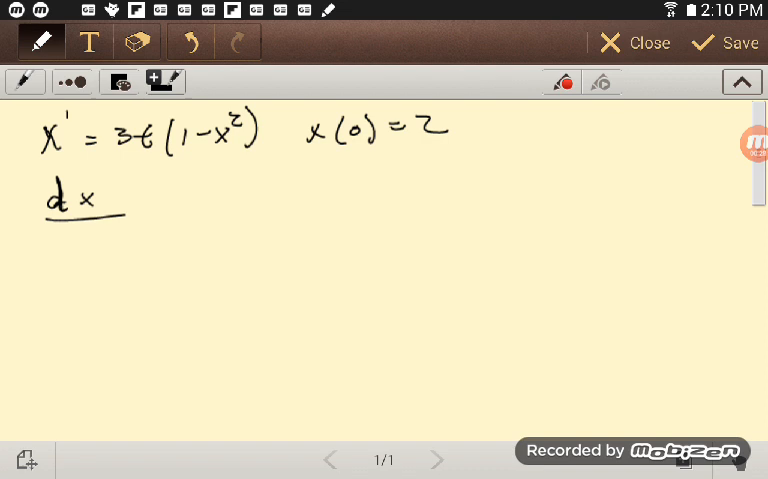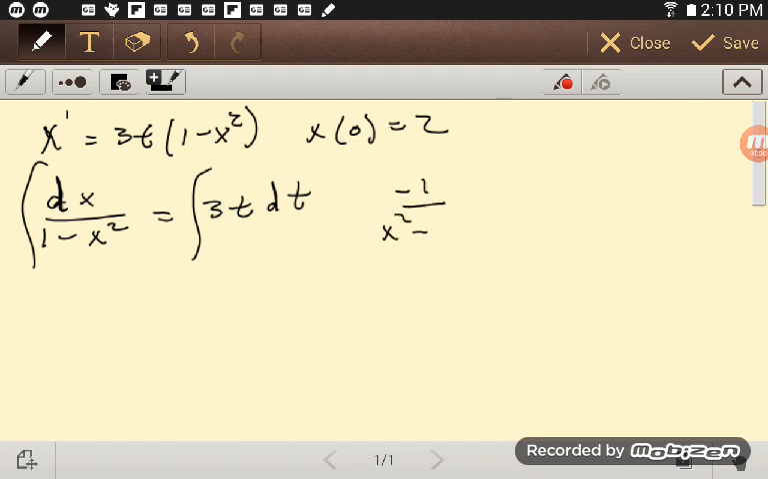And I have my dx over 1 minus x squared, and then my 3t dt, and those both get integral signs. And so we need to do this. Now the right hand side, no big deal, but the left hand side, I don't know how to do that without doing partial fractions. Actually, Sage did that antiderivative just fine. But for me, I'd probably write it as negative 1 over x squared minus 1, because I like the x squared first,